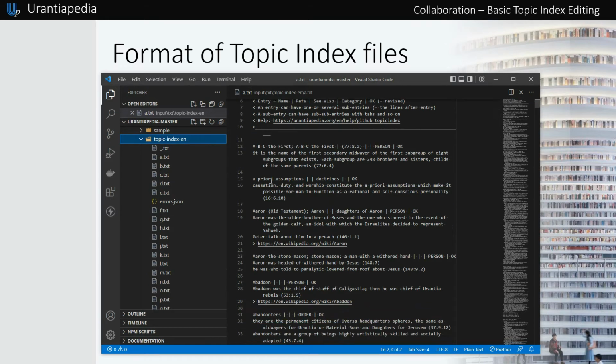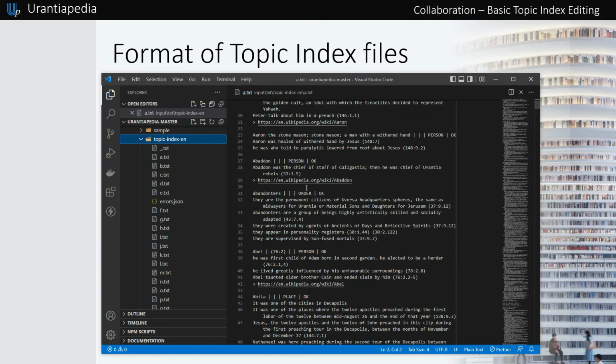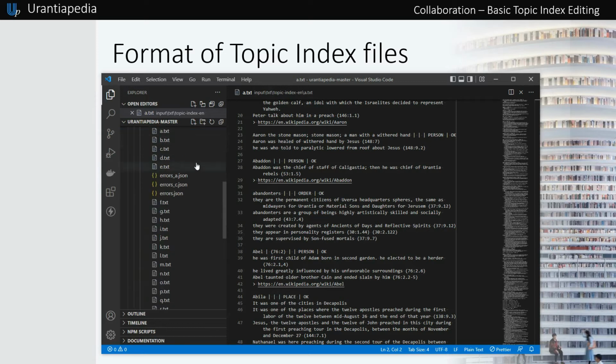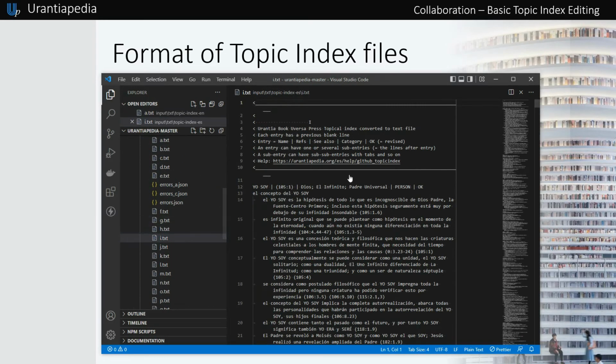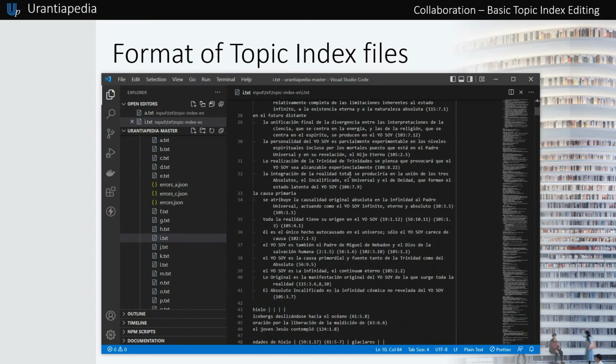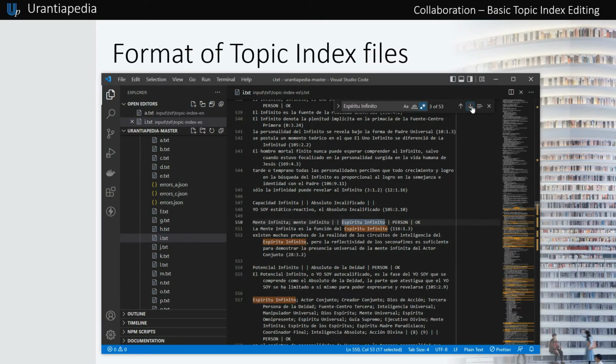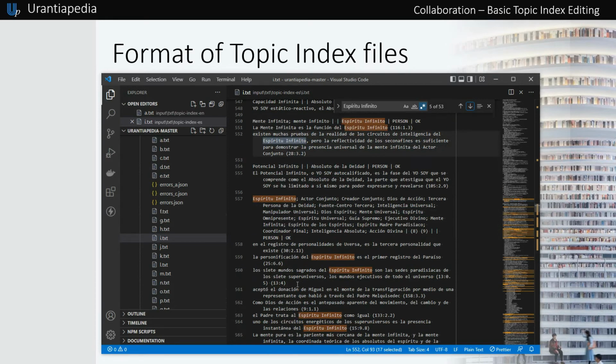The order of the topics is always English-based, so each file contains the topics whose initial letter in English matches that letter. For example, the Spanish topic Espíritu Infinito must be found in the i.txt file because the English topic begins with I, Infinite Spirit, and not with E. This applies to all languages. This way, all the files, no matter the language, will contain the same text in the same lines.